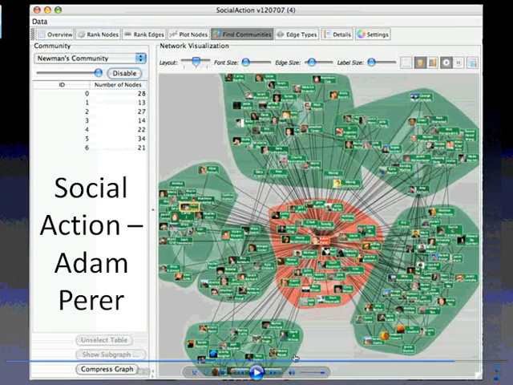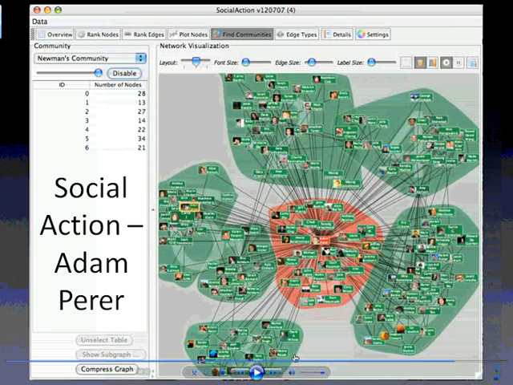This is Social Action. It is the dissertation work of Adam Perrer, now Dr. Adam Perrer. Dr. Perrer is now a researcher at IBM Research in Haifa. Before he took up that role, he was a consultant to the .NetMap project. And his consultancy helped us make use of some of the insights he gained in his dissertation work. That work, guided by Dr. Ben Schneiderman, was to build an application for the exploration of graphs.